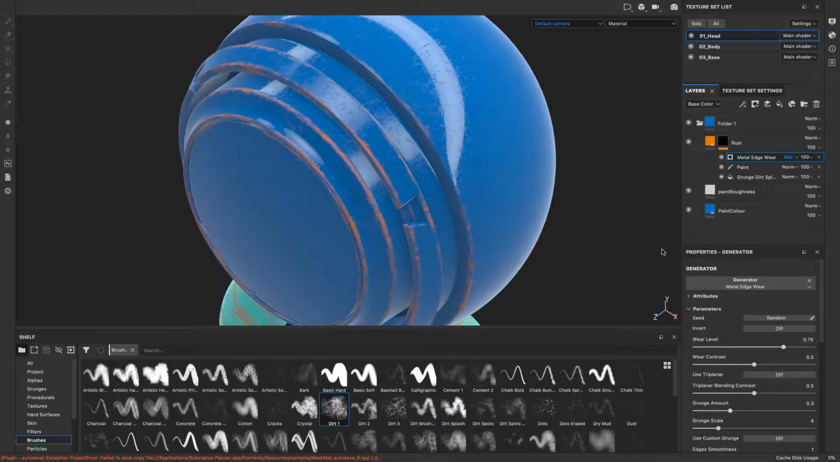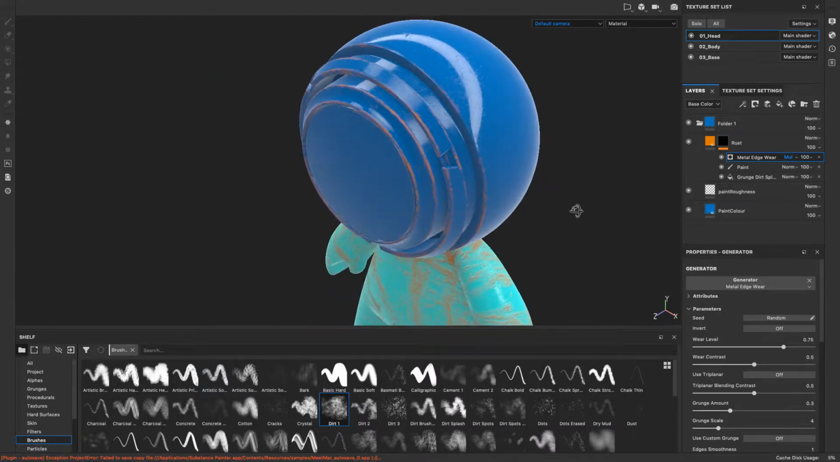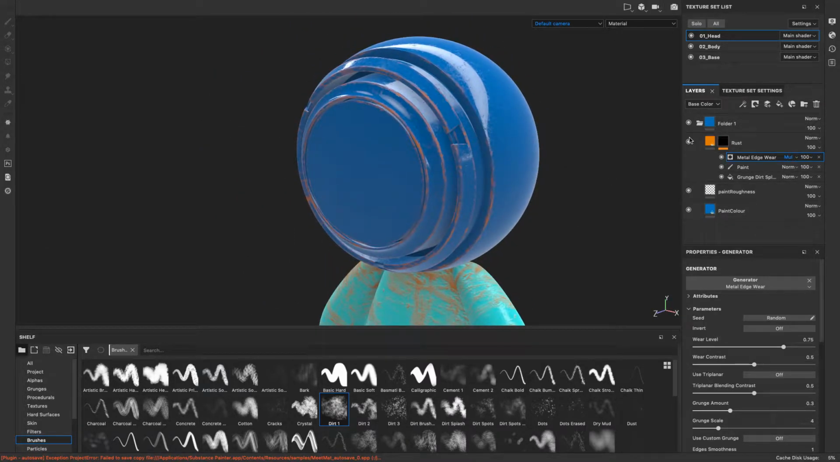So, a few more things in this session, just a few things. I'll go back to my layers and I'll go to the Rust and let's have a look at